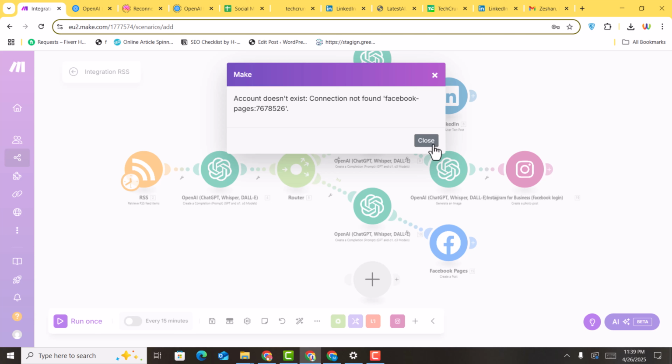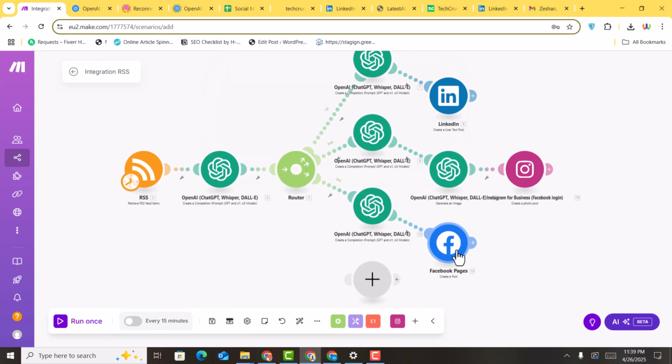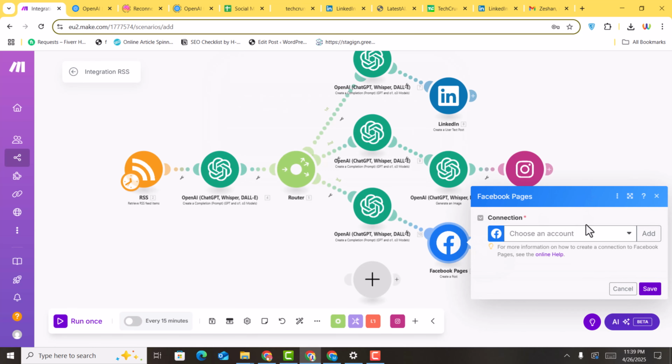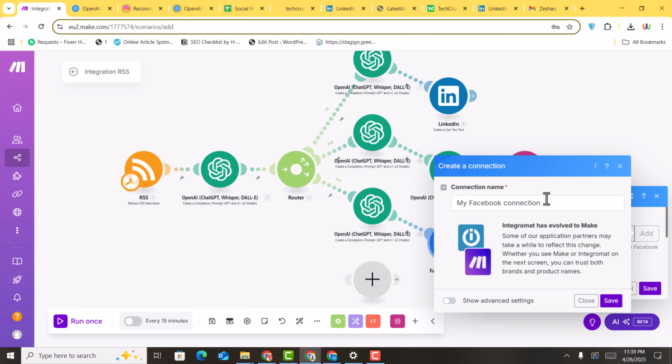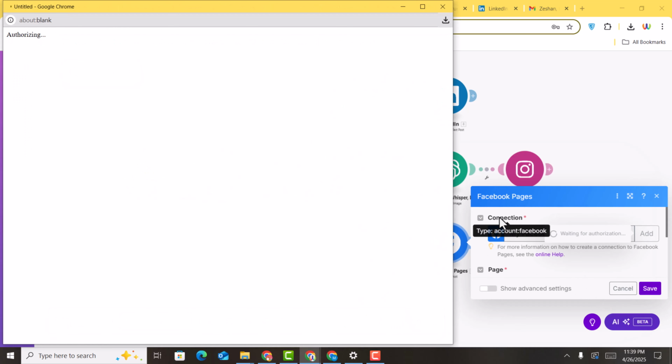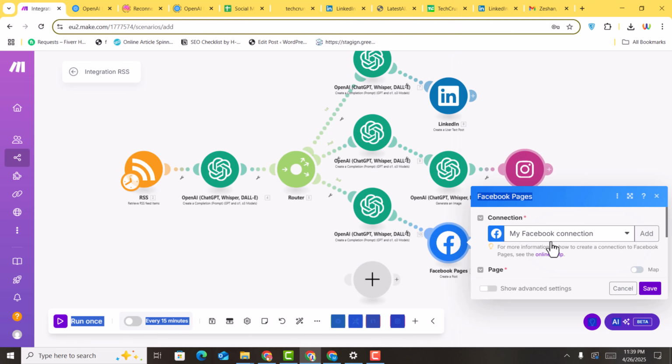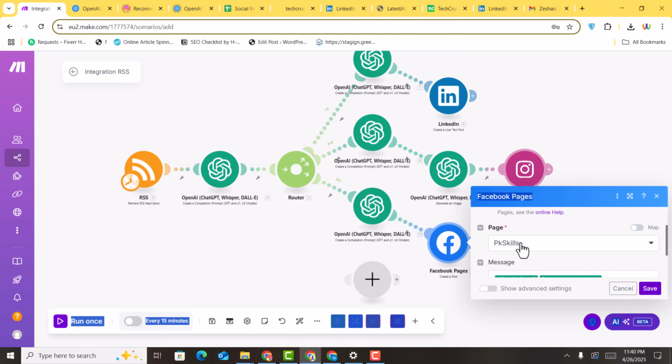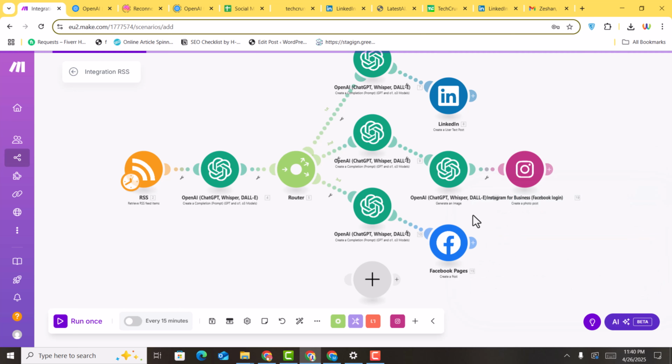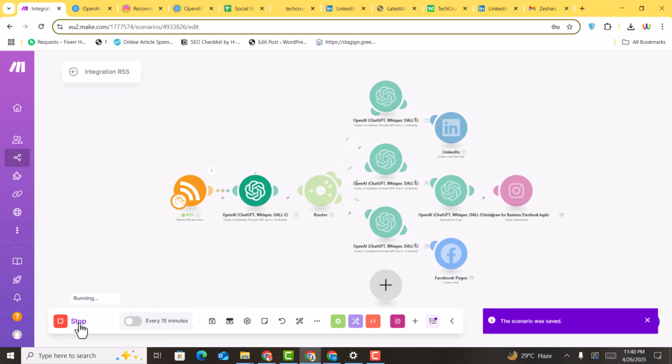So it's saying that the Facebook account is not available. So here I forgot to connect our Facebook account, so I will just connect my Facebook account, and here we just need to select and sign in. Now this is connected, and here it is asking for a page, so I will just select my page and click on save. Now I will test it to run it, and just click on run, and it is running,